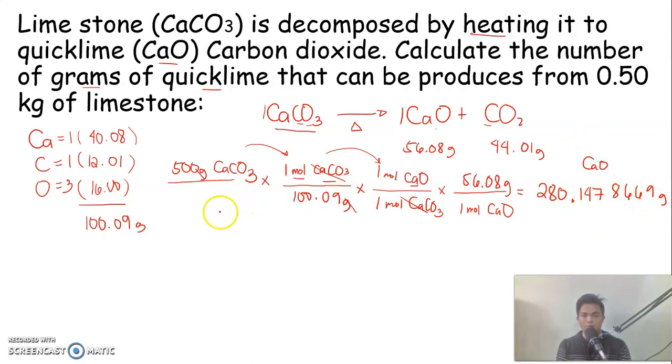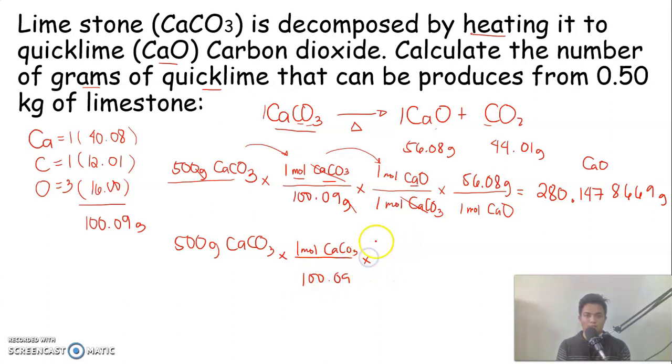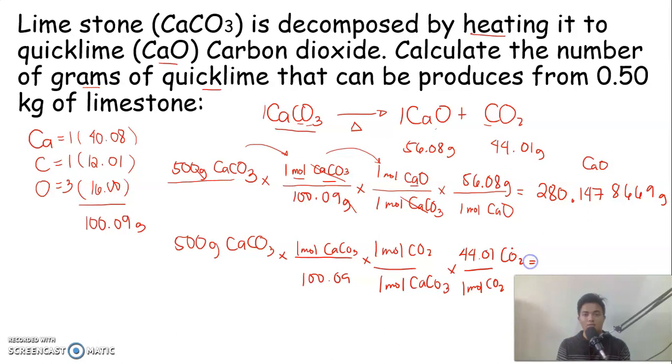quicklime. Now, how do I check if my answer is correct? So actually, you could check this by trying to solve for your carbon dioxide. So we'll just follow the same process. So 1 mole of your limestone, 100.09 grams. So for every 1 mole of your carbon dioxide, you divide it by 1 mole of your limestone. And then you multiply it by your carbon dioxide's mass, 44.01, divided by 1 mole of carbon dioxide. And then, if you actually solve for this one, 500 divided by 100.09, and then you multiply it by the mass, you'll actually have a number that will be a complement to complete the 500 grams of